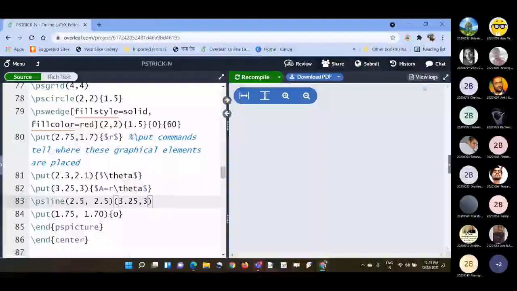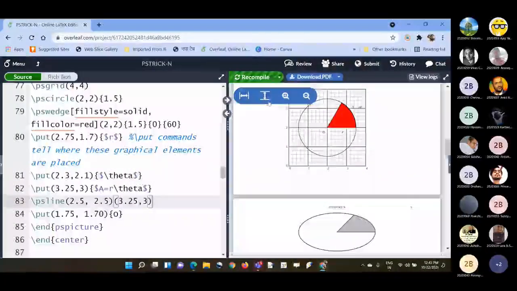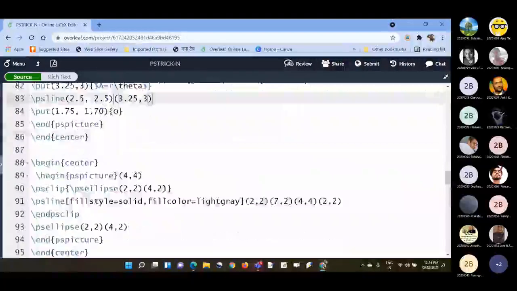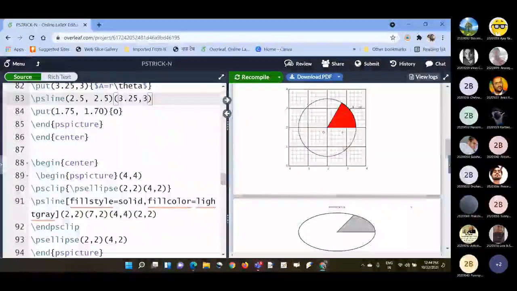So we are going to draw some line. You can see some line from here to here. So you are indicating that you are writing this equals to r theta for this region, and then you can give arrow and arrow style. There is absolutely no problem. And then you are giving color to it.